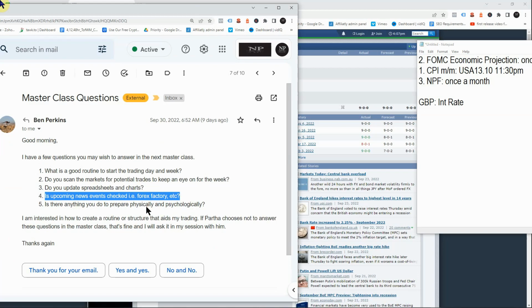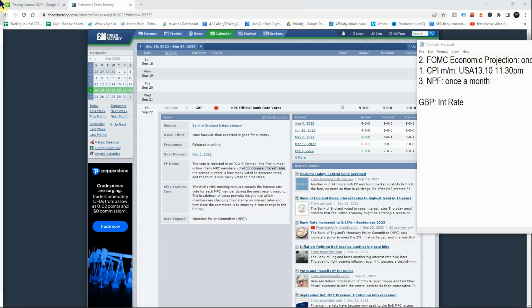Yeah, that's the most important one. Very important one. Physically, most important thing. I do 2 hours of freehand exercise in the morning, and 45 minutes of freehand exercise before the London session in the evening. Every day, Monday to Friday. So that is almost 2.5 hours, always, Monday to Friday. Saturday, Sunday, I don't do anything.